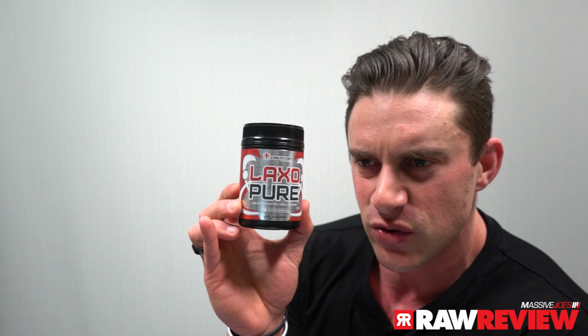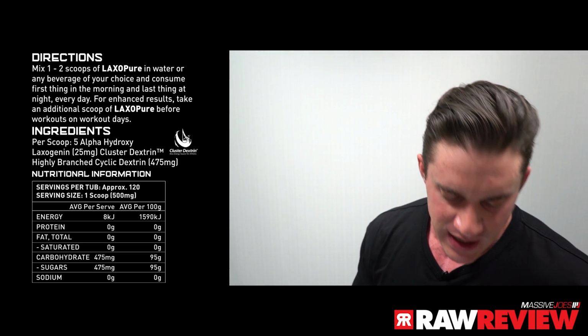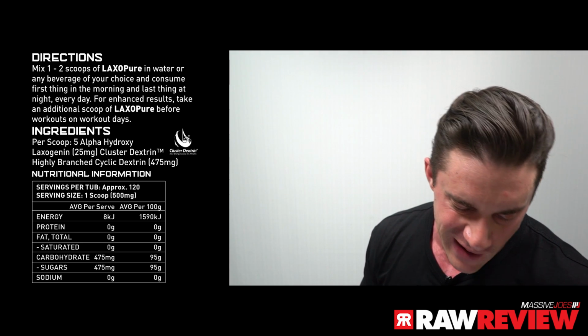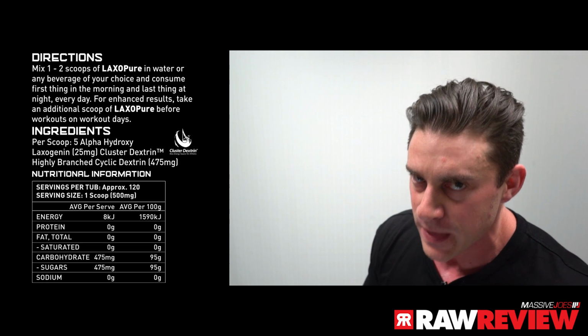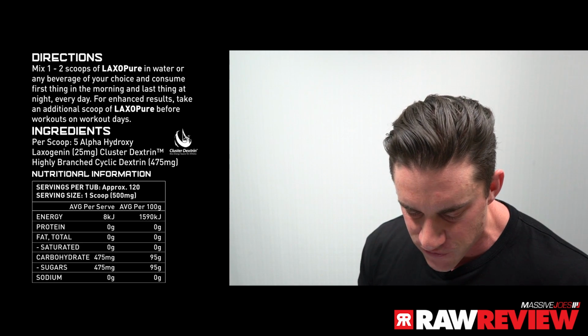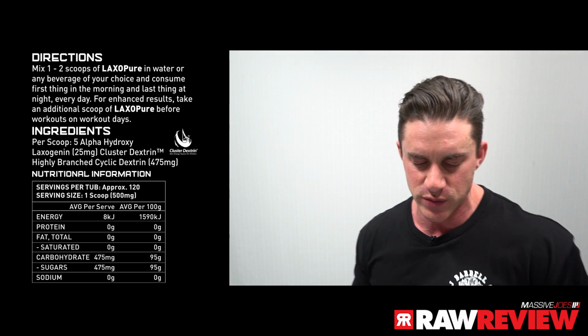Starting from the top, we're talking about 120 scoops in this tiny little LAXOPure tub. Each scoop weighs 500 milligrams and contains 500 milligrams of actives split like this: 25 milligrams of pure pharmaceutical grade 5-alpha hydroxy laxogenin, that is of course the laxogenin component of this LAXOPure, and 475 milligrams of cluster dextrin, the registered trademarked version of highly branched cyclic dextrin, which is of course a type